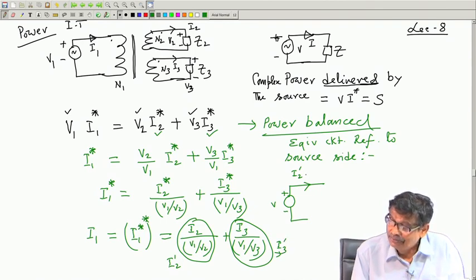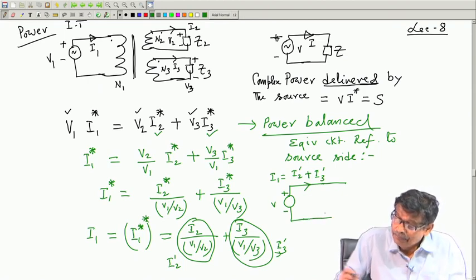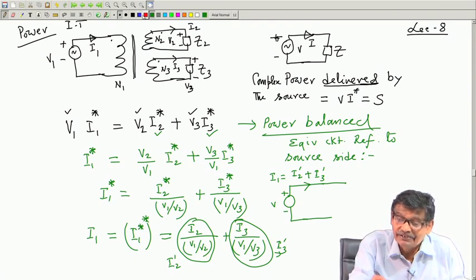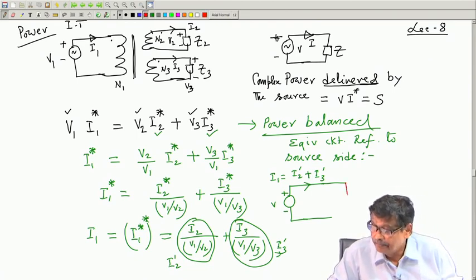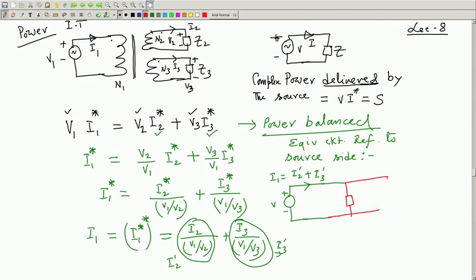So, I2 plus I3 reflected, this is your I1. Therefore, these impedances must appear in parallel, such that one is I2 dashed and this is I3 dashed, and this impedance I will write Z2 dashed, this first one,